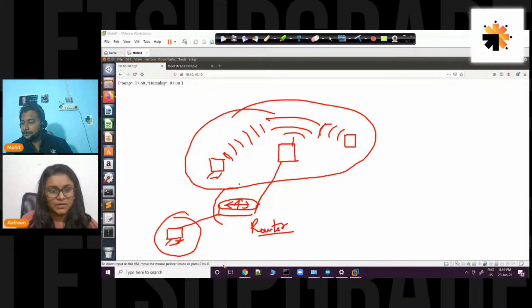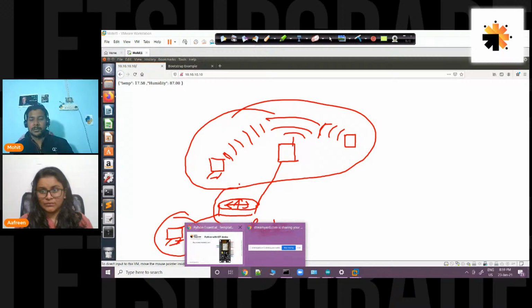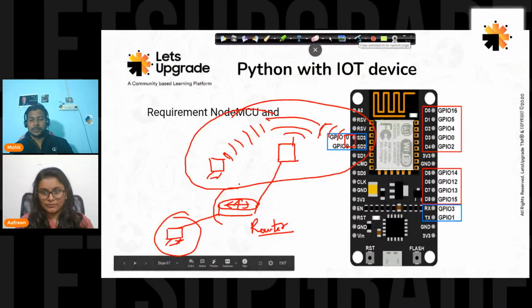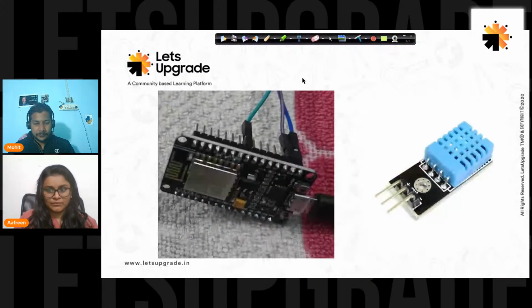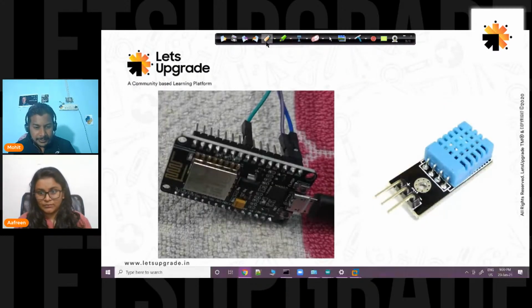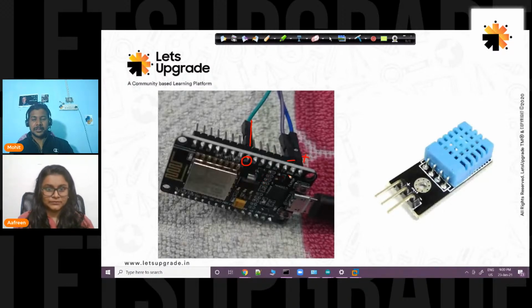Sir, they are asking if you can explain the pin numbers. Pin numbers, okay. First of all, let's see this one. If you can see clearly, this is written D5, and this is connected to D5. This is the positive and this is negative. This is ground, and this is the 3 volt. Okay, so now come to the